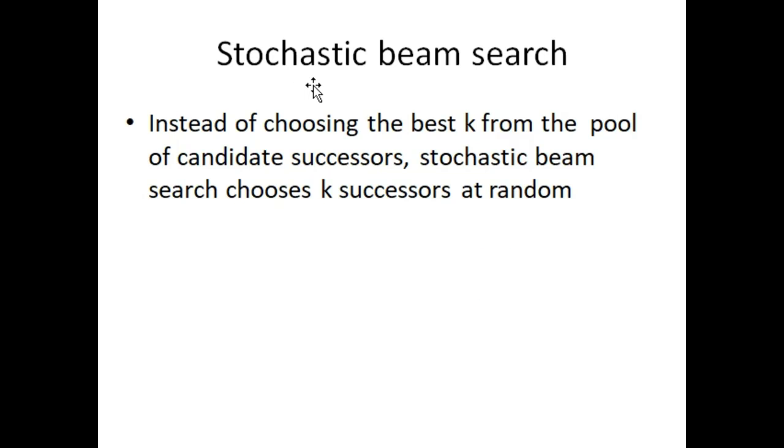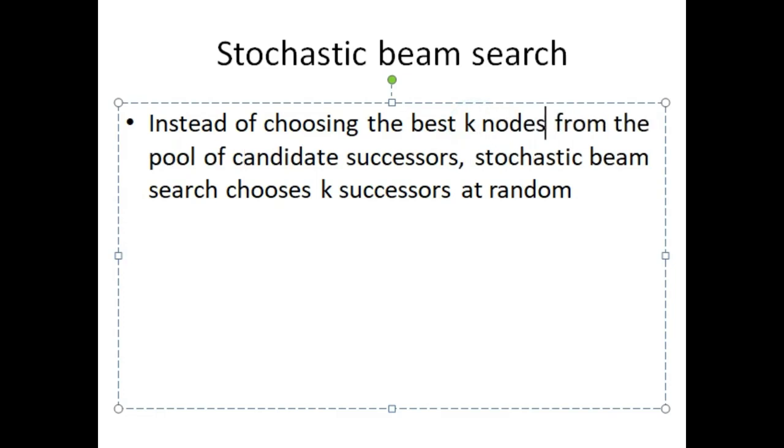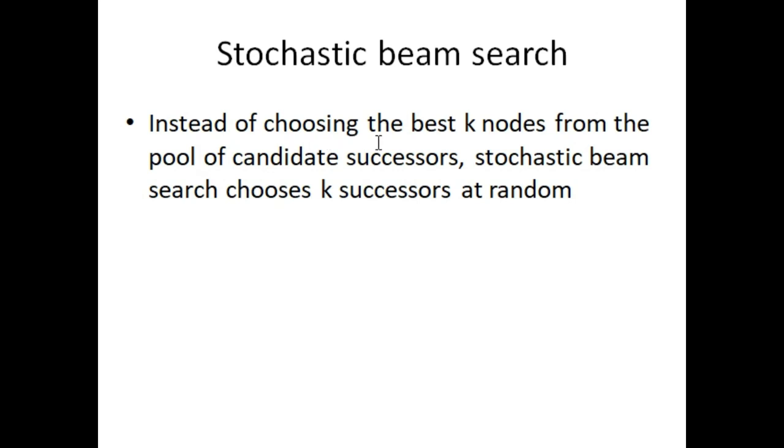So just look at this slide, the stochastic beam search. This is also a very important concept about beam search. This is also a specialized form of beam search that, instead of choosing the best k nodes, or we can say the best k successors, instead of choosing the best k nodes from the pool of candidate successors, stochastic beam search chooses the successors